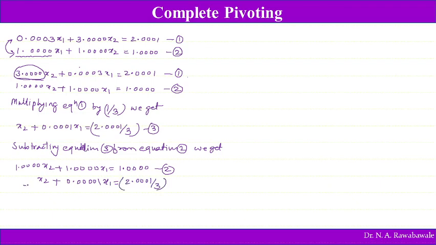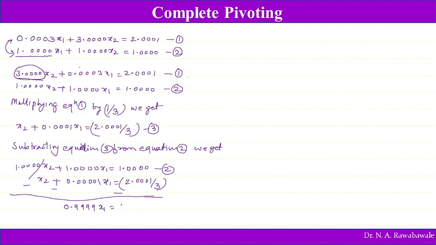So subtracting means minus minus, so the first term gets cancelled, and what remains here is 0.9999 x1, which is equal to